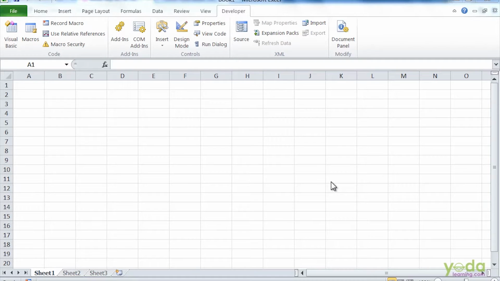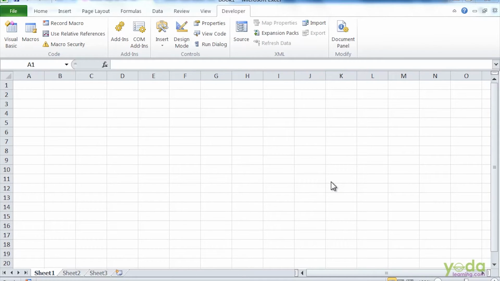Hello friends, in this video I will show you how to create a VBA procedure. A VBA procedure, also referred to as a macro, is defined as a set of codes which makes Excel perform an action. It can be of any length based on your requirement. It accepts the input from the user, does the required actions and then displays the results.